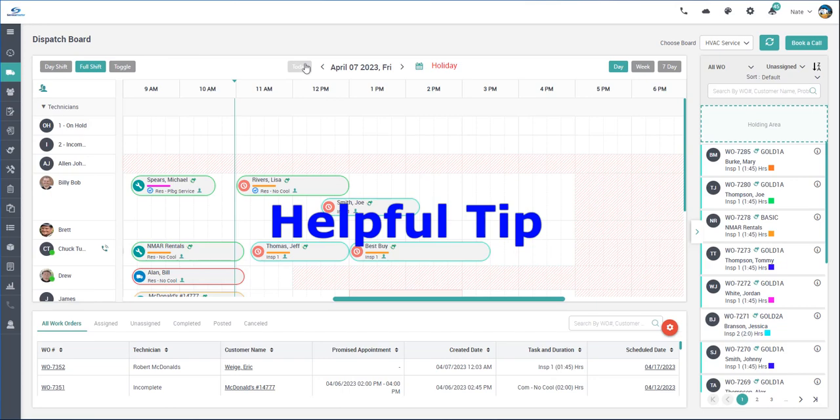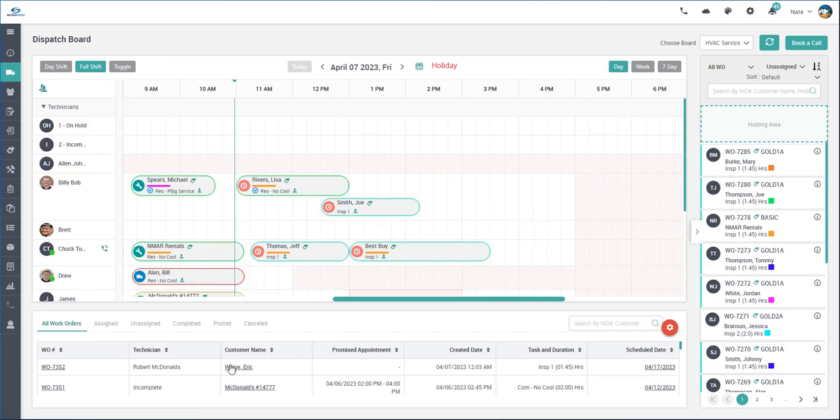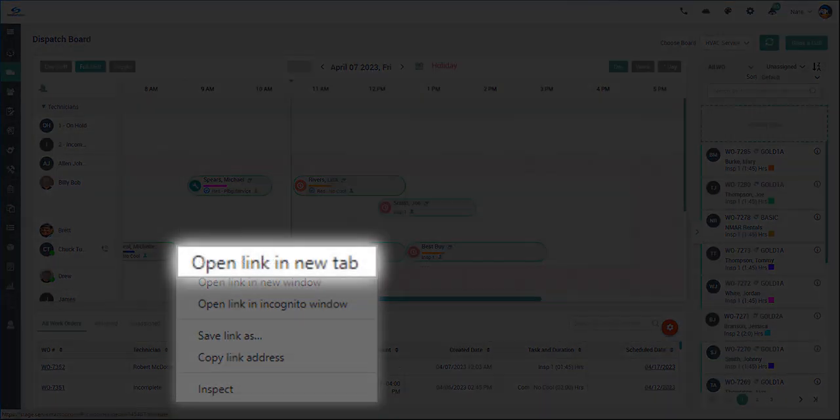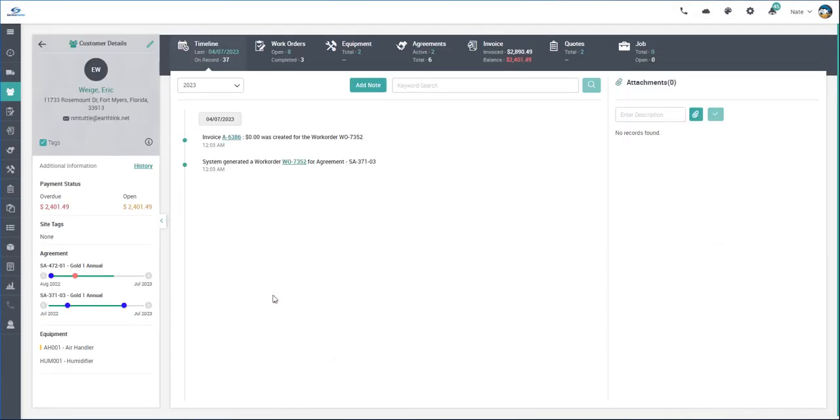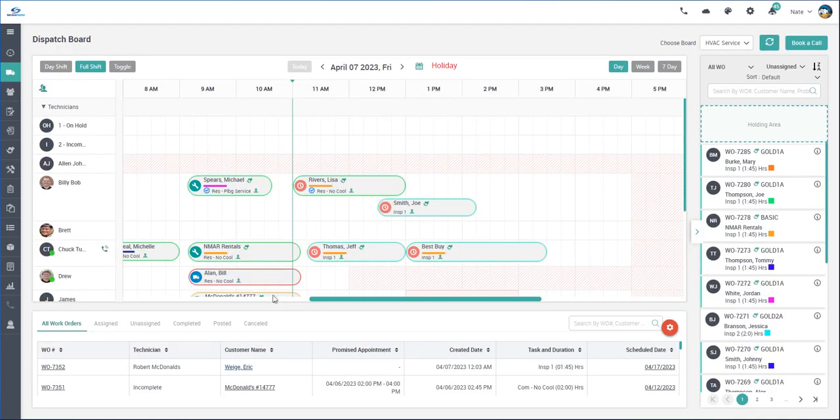A helpful tip when drilling into a record, such as the work order or the customer, is to right-click the link and choose Open Link in a new tab. This will open the record in a new tab of your browser instead of opening it in your current tab and losing your search criteria. When you are finished with the new tab, simply close it and you will still have your original tab with